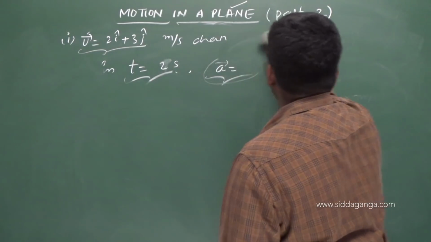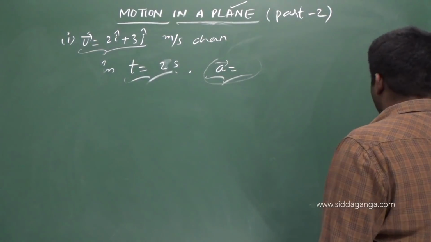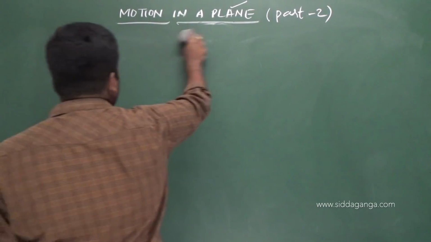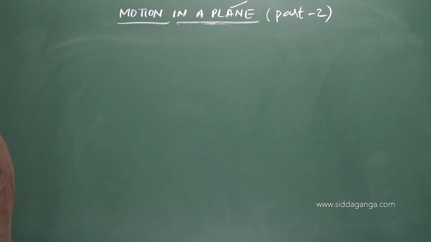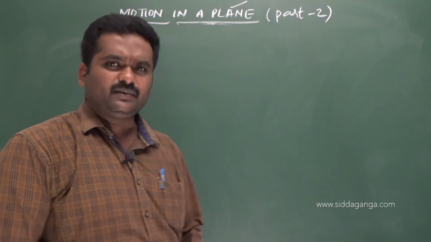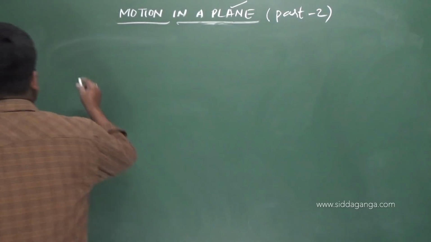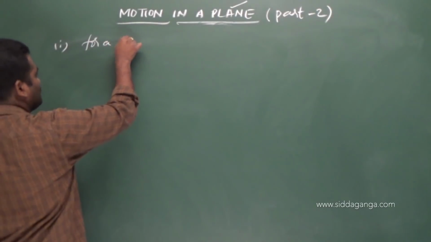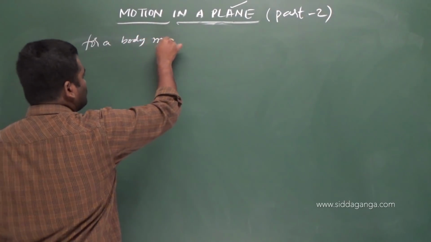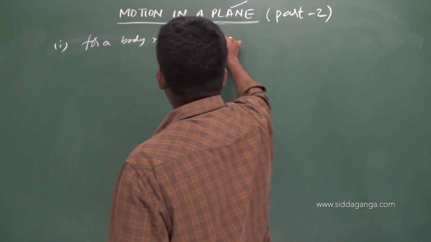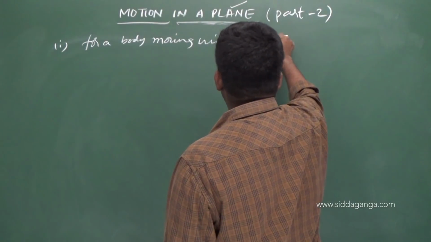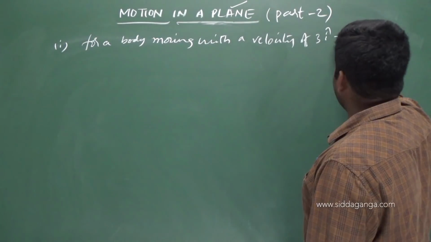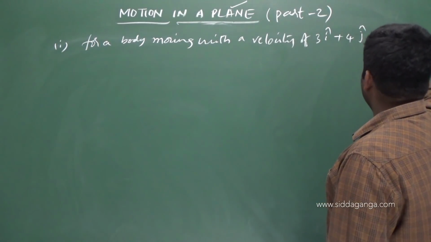Now I am supposed to find the displacement. Let me say they are given the initial velocity and they are supposed to find the displacement, for example. Or one more example: for a body moving with a velocity of 3i cap plus 4j cap meter per second,